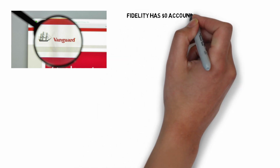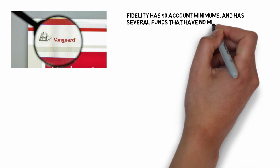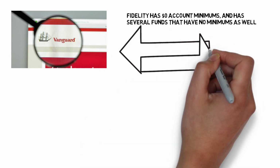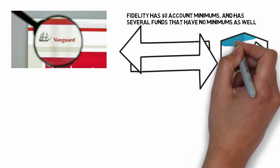Additionally, Fidelity has $0 account minimums, and has several funds that have no minimums as well. While Vanguard also has a $0 account minimum, the company often has fund minimums starting at $1,000 to $3,000 depending on the fund. Vanguard does not waive their minimums, even if you're a repeat investor. But Vanguard may lower the minimums depending on the type of account that holds the funds, such as an educational